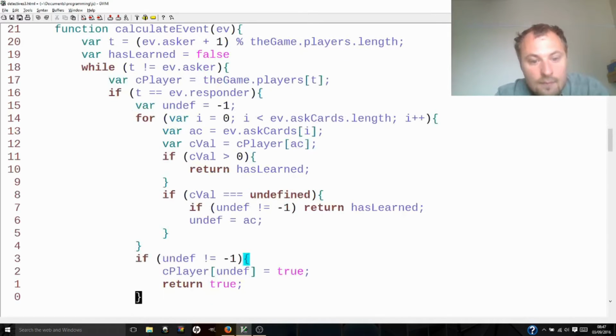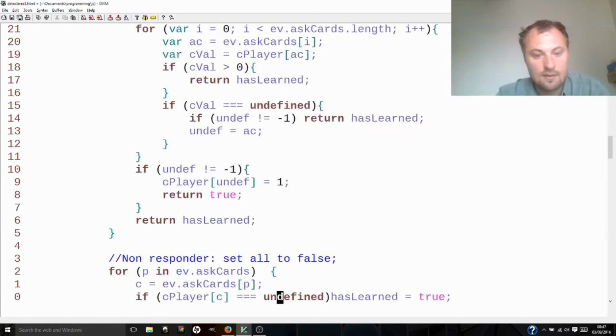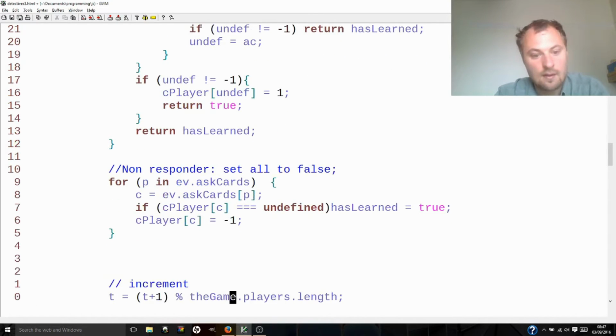And instead of setting it to true, we're now going to set it to 1. And has learned is that. And in this case, we're setting things to false, so we can set them to -1, and